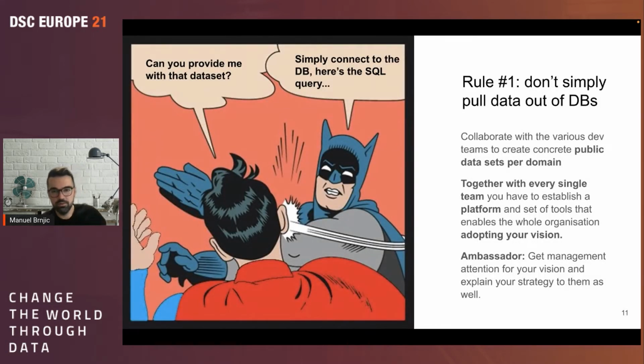Rule number 1, you shouldn't simply pull data out of databases. Most of the time, it always starts with, hey, please, can you give me access to the database?